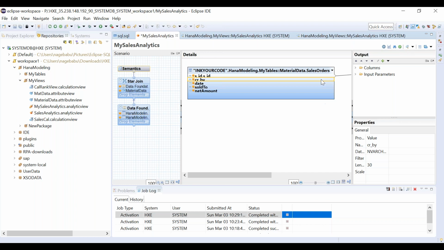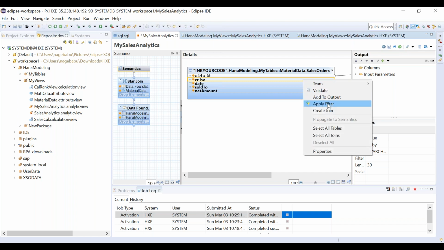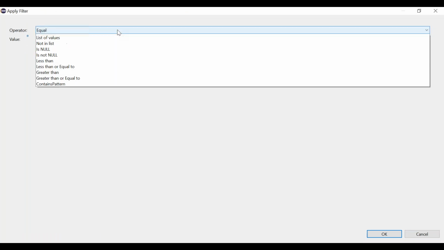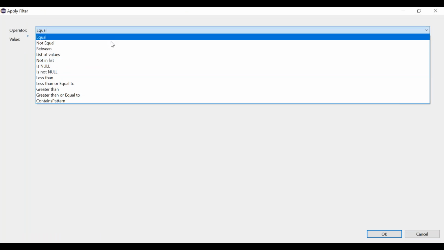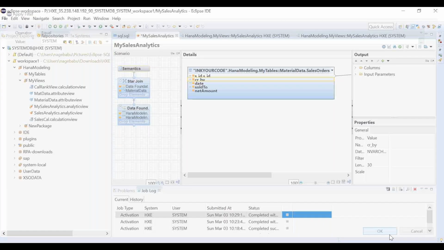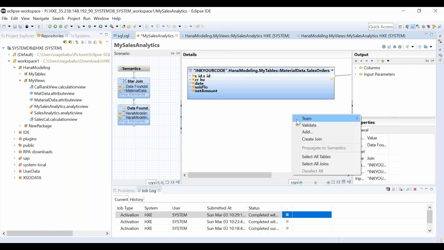Before we discuss input parameters, we will talk about apply filter also. Apply filter is something where we can put a where condition on a particular column by specifying the actual value here. We have different operators here, so I can specify the value. We have a user called system who has created the sales orders, and for that user only I would like to see the data. So I will mention the filter here. If I activate this,